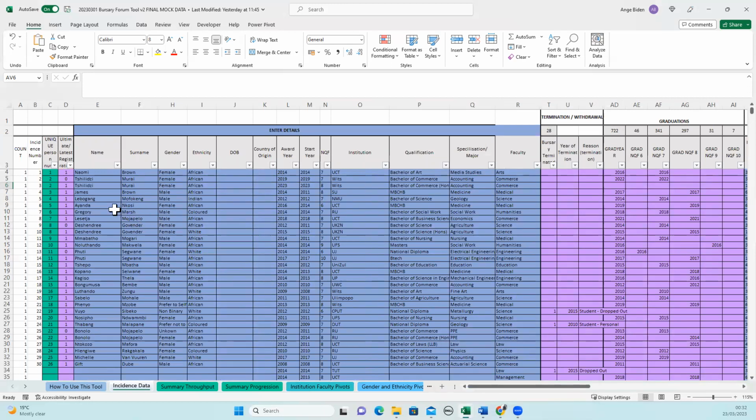I'm now going to go through in detail how you would populate the tool. Column A is a